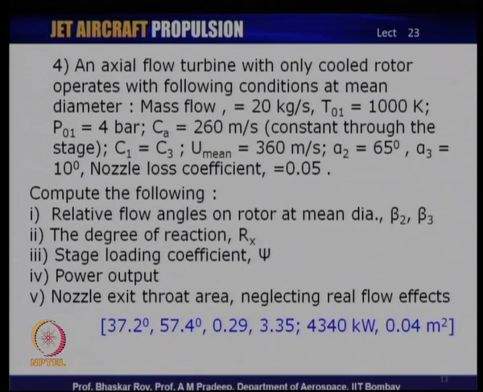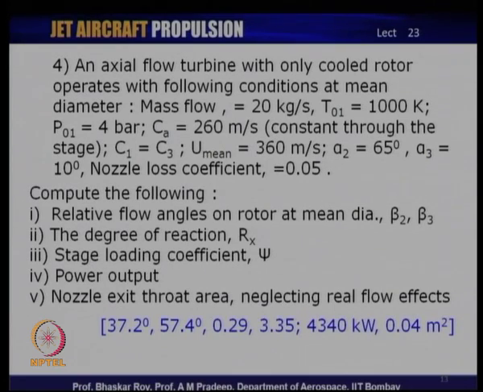You are required to compute the relative flow angles at the rotor mean diameter, beta 2 and beta 3 at the mean, the degree of reaction R, the stage loading coefficient psi, the power output of this turbine, and the nozzle exit throat area, neglecting the real flow effect. That means, you assume that it is an isentropic ideal flow,